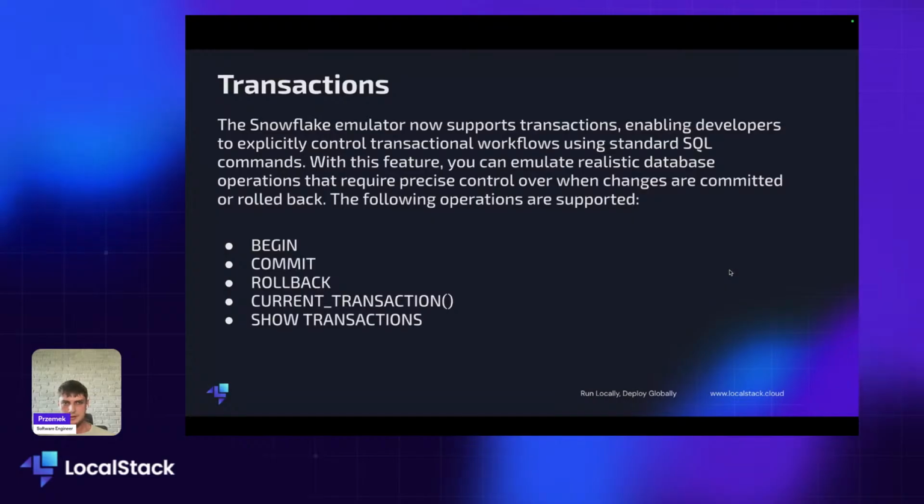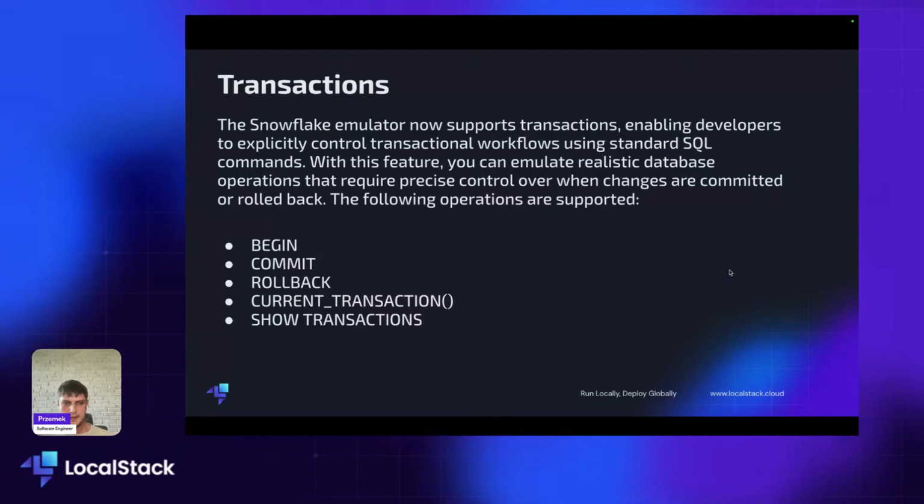Next feature is transaction management. Previously we supported only auto commit mode, so all operations were automatically committed to the underlying database. And right now we are enabling developers to have more explicit control over their transactions